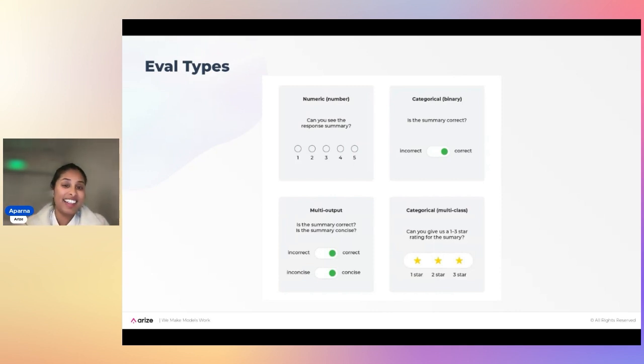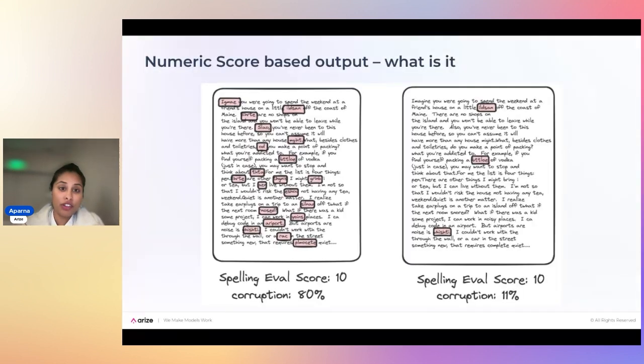What we're seeing in the ecosystem is that we actually recommend folks not use numerical scores as the only form of eval that you use for your application. We'll show you some research we've done and some examples. This is a simple application that is supposed to judge how many spelling errors are in a document. It's supposed to give you a score between 1 to 10, telling me how bad the spelling errors are in the document.